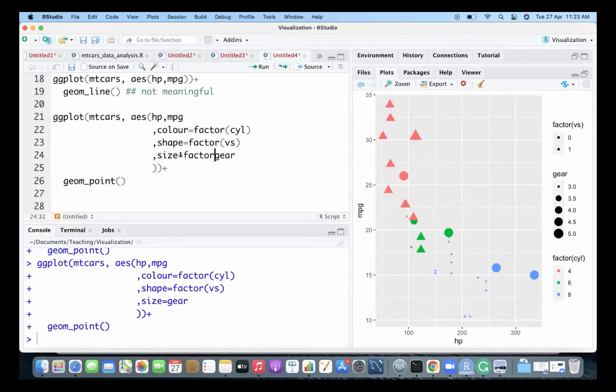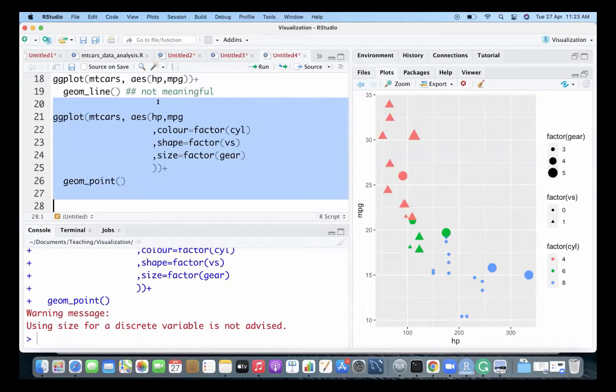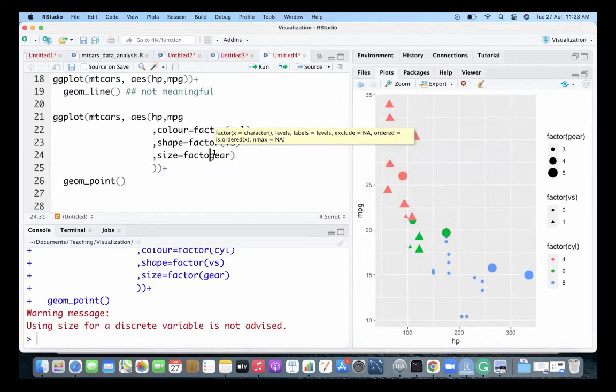If I put it as a factor, that will be slightly different. Let me just see. No, it can take factor only as a... okay. Size for a discrete variable is not advised. That means size has to be continuous.